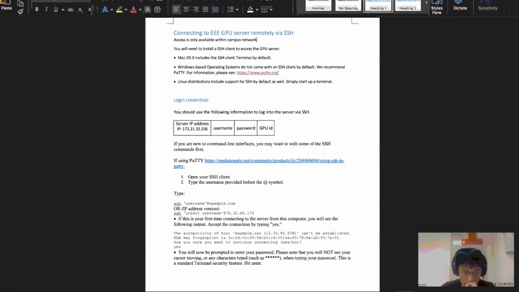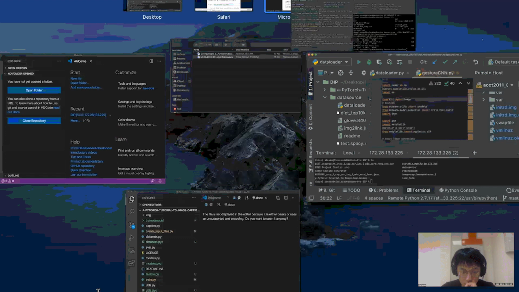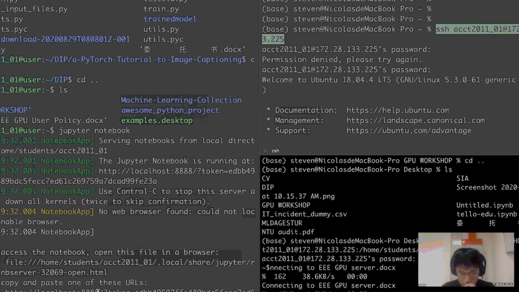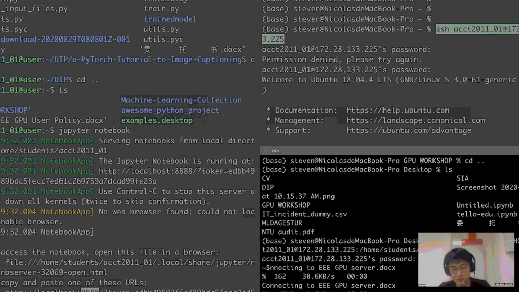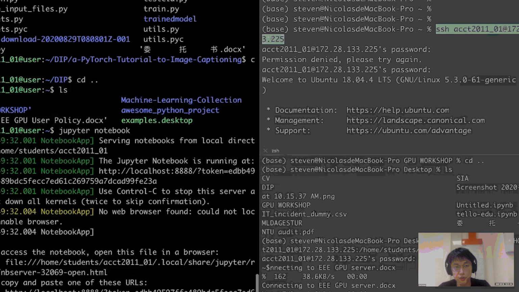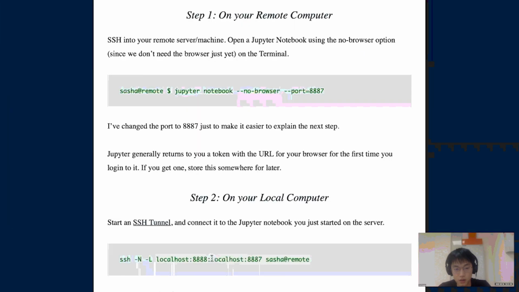So I check what the port of the Jupyter notebook in the server is. It's 4A. So later I will put the 4A for the second one. Okay. So for the first one, the